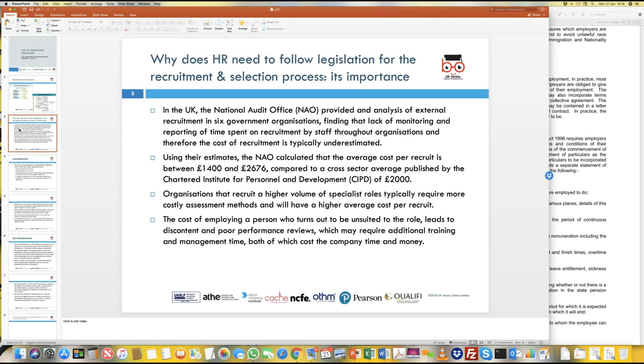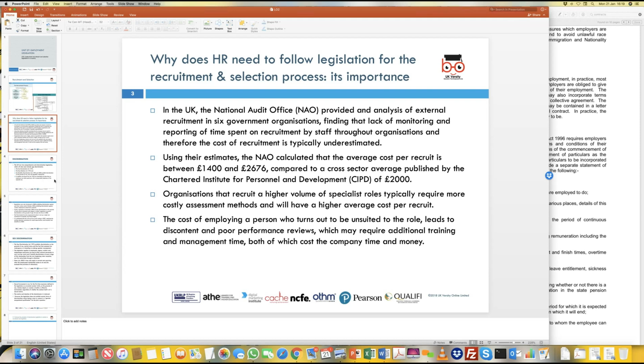So basically, the process of recruitment and selection has some costs, but there are additional costs which can be levied onto this process if the recruitment is not done correctly or if the contracts are not drawn up correctly. An organization in general can then recruit somebody who is not suited for the role, which can create further discontent in the organization, poor performance reviews, and the reputation of the organization can be harmed. And to a certain extent, the time and effort spent by different people in the process of recruitment and selection can be directly attributed to some sort of cost to the company in terms of time and money.